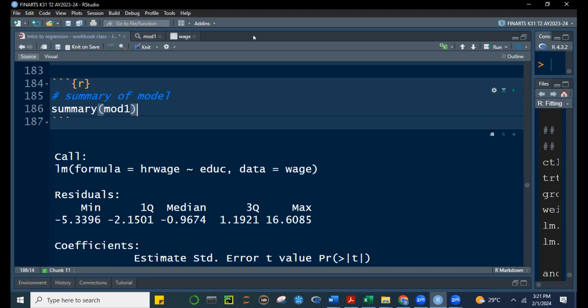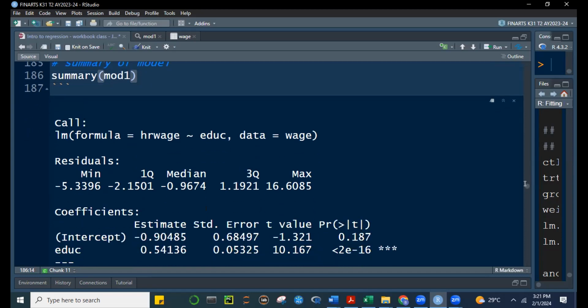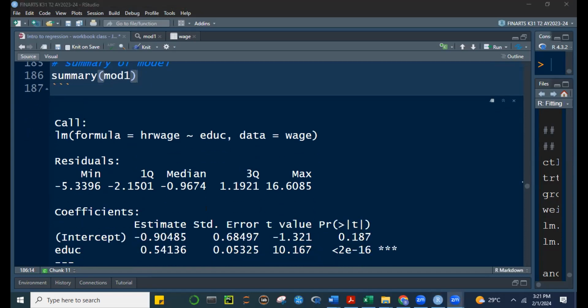Okay, class, let's take a look at the result of the summary. First here you have the call. It tells us what formula we used. We used the lm function, and the formula is hourly wage regression education data is equal to age. So it tells us the formula that we used. And then here we have residuals. You'll notice it tells us the lowest value among the residuals and the highest value,